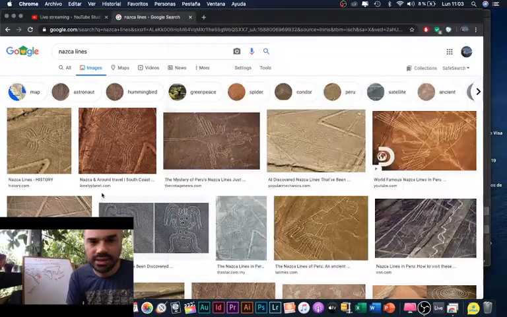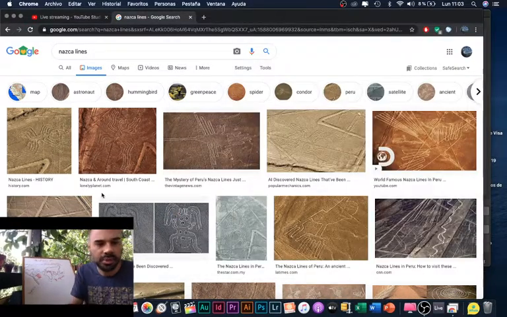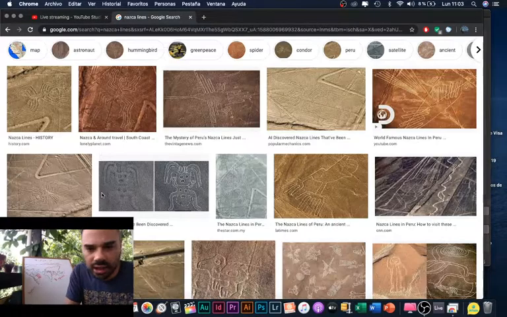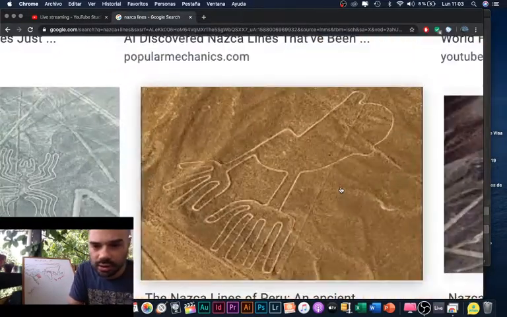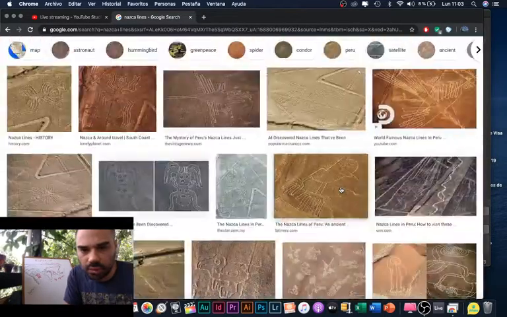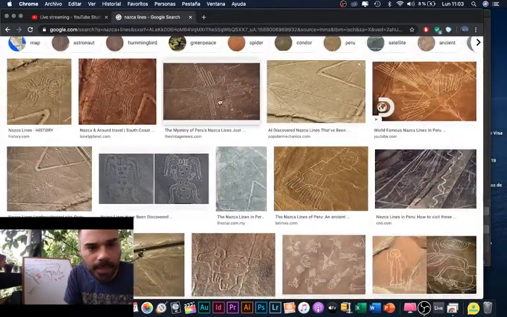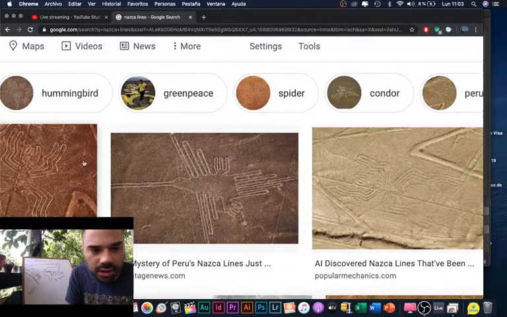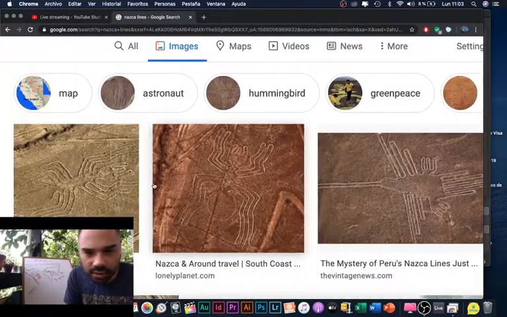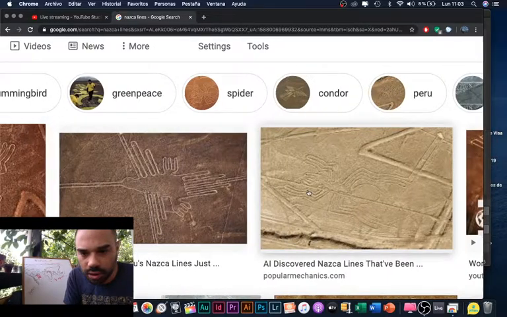So check it out, the Nazca lines. This is in South America. This is by a people known as the Nazca. These are in the desert, and they made these huge shapes of animals. And check out the spider, the hummingbird.